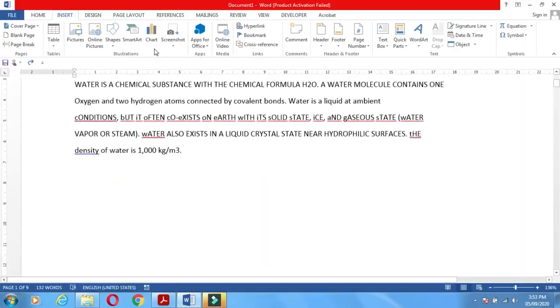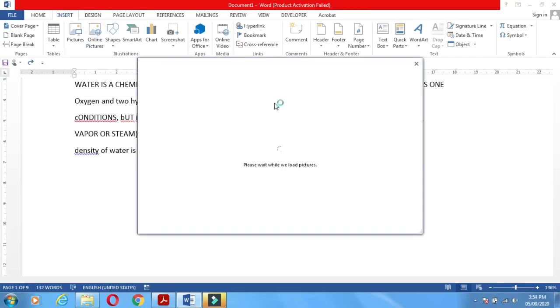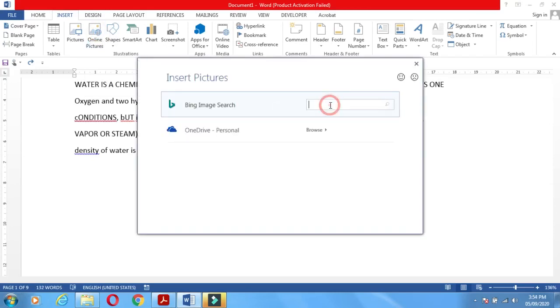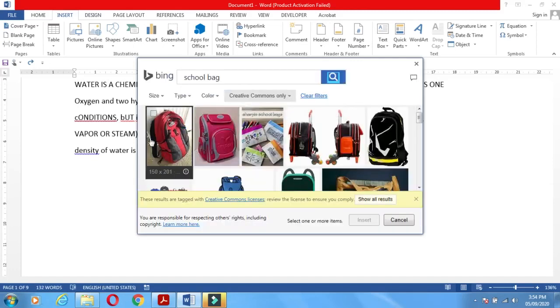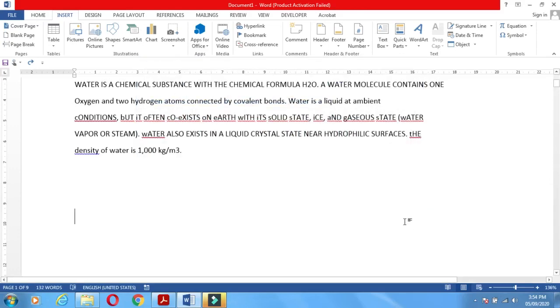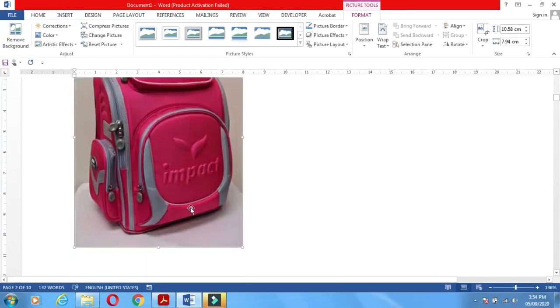Go to Home, Insert, and click on Clip Art. Here the clip art option is not there, so what we do is choose from Online Pictures. We click on Online Pictures and search here for school bag clip art. We insert the school bag clip art. So that clip art will be downloaded or inserted in your document in this way.